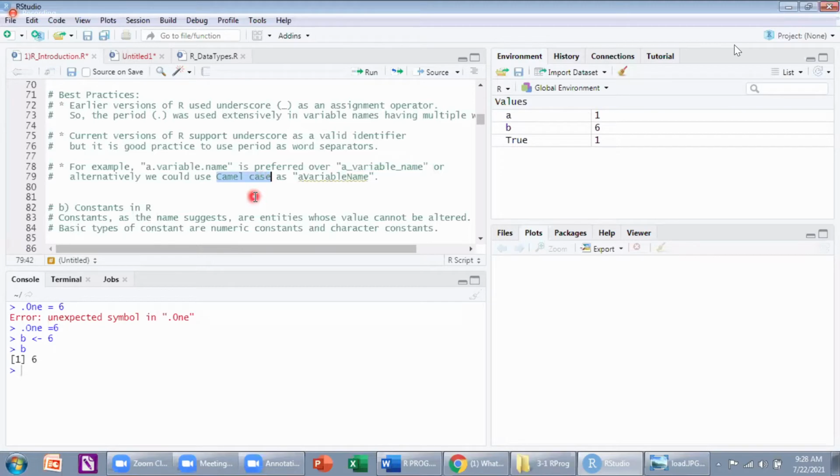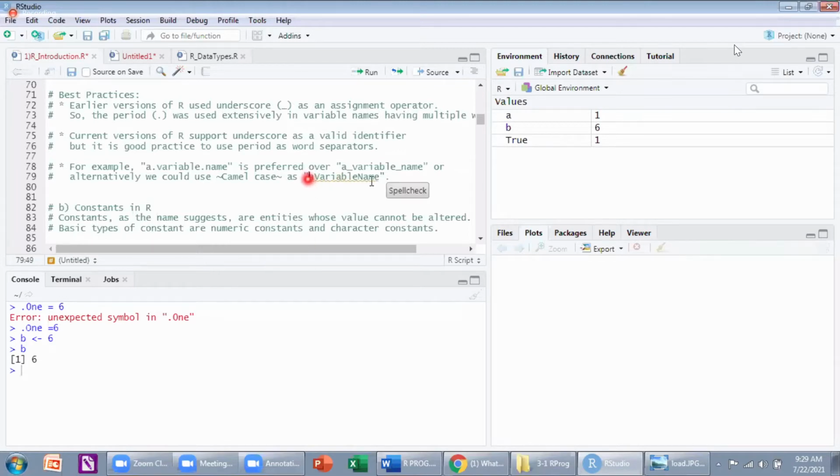Can you tell me what is a camel case? We use camel case more in Java. Except the first word, all other words have the starting letter capital. First word won't be a capital. Except first word, remaining all words, first letter will be a capital. Then it is known as camel case. See, first one is small, remaining words capital.